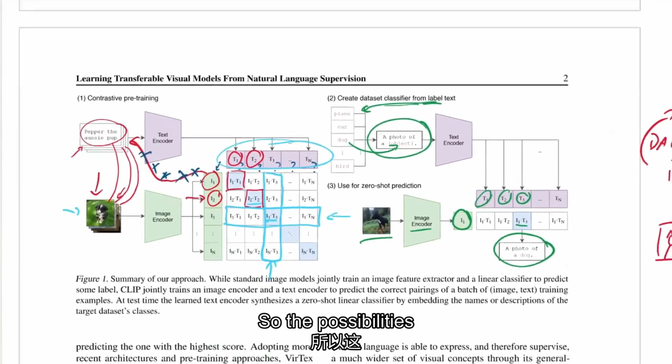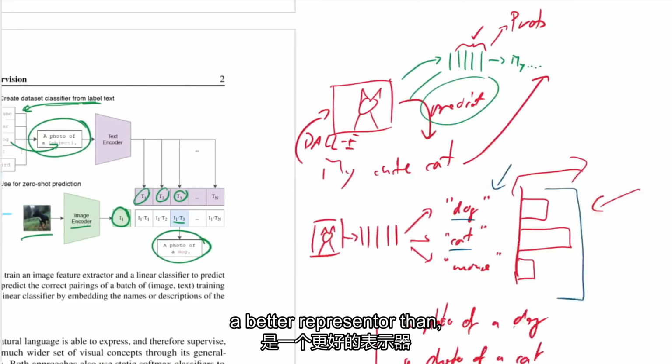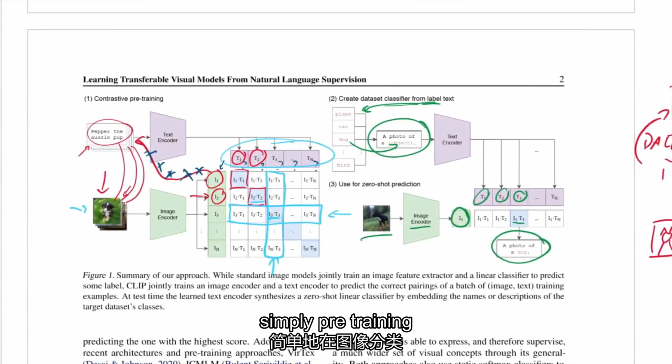So the possibilities for this are pretty huge. Okay, so that's the model. The model encodes images, it encodes text, it does this contrastive objective: what goes together, what needs to be apart. And now you see why this might be a better representer than, for example, simply pre-training a model on an